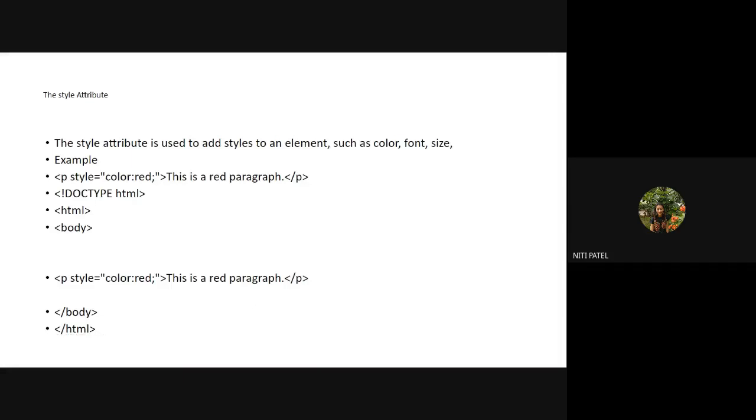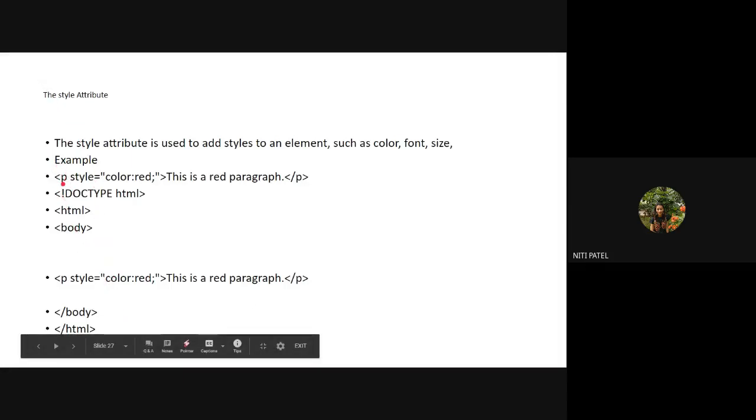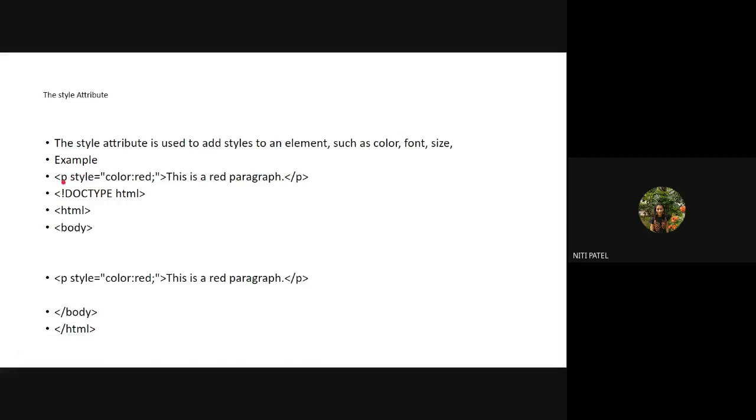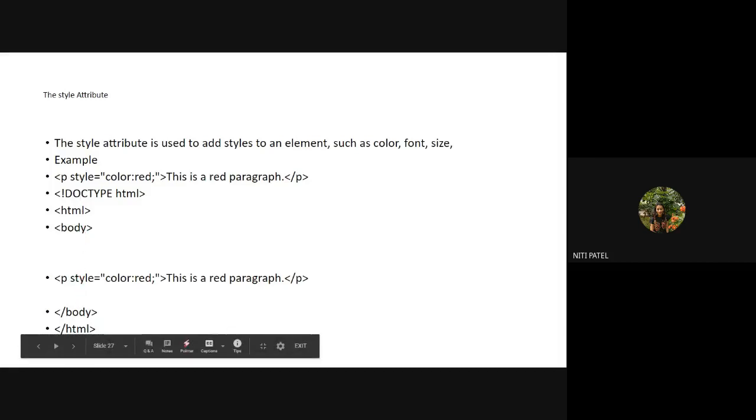So let us see now. How do we add them? See, we have a paragraph. We have used an attribute called style with the paragraph. What style are we going to apply? Color red. Okay, we have used only one style, that is color red. What is to be displayed? This is a red paragraph. So when this line is displayed on the screen, what will be the color of the line? The color of the line will be red. Why will it be red? Because I have used the attribute called style with it. Are you understanding? So when I run the program, let us run the program and see what is going to happen.